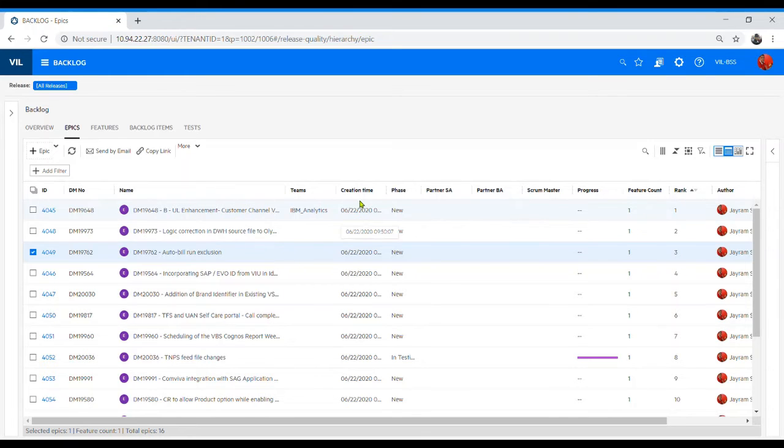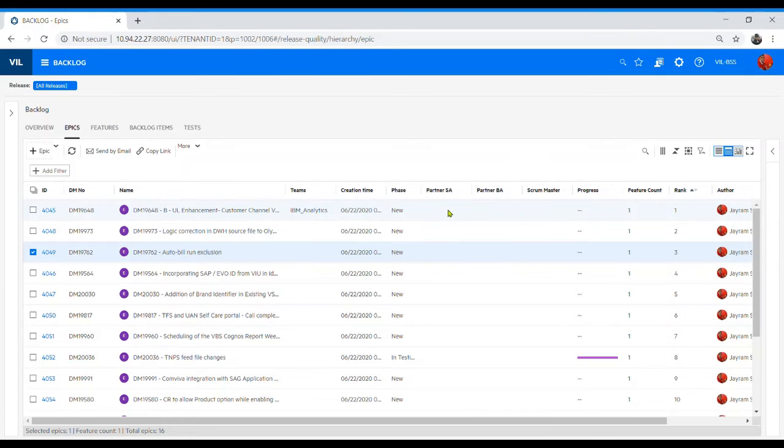Then we have a creation time, which is a system-taken time, which tells you when this demand was created. And then we have a phase over here so that all the stakeholders logging into the backlog, primarily product owner, scrum master, BA and SA, will get to know which phase it is in. So if it is new, that means the demand is not taken into development, and action is awaited from a certain stakeholder, like BA has not groomed all these backlog items, so certain details are not there.